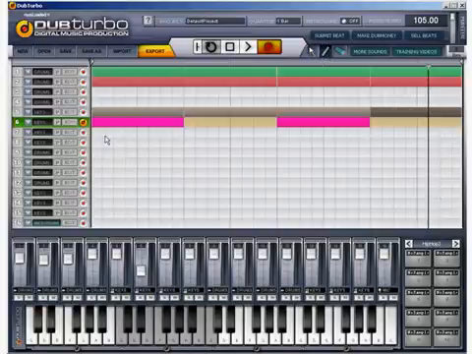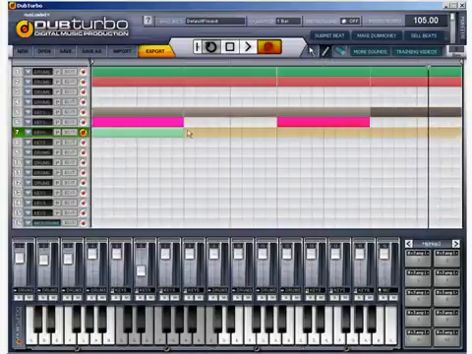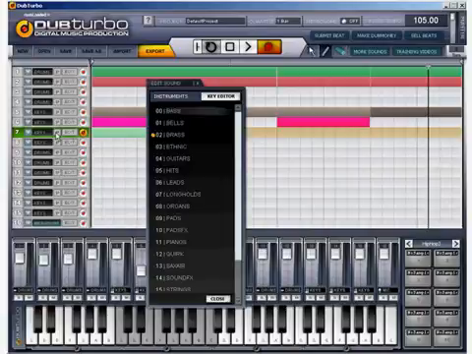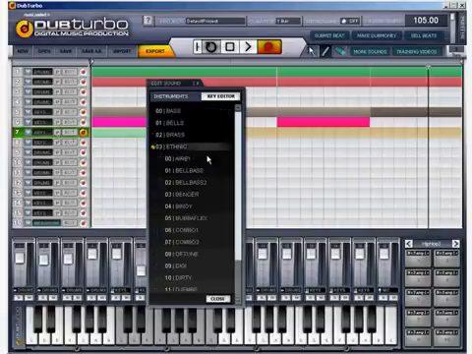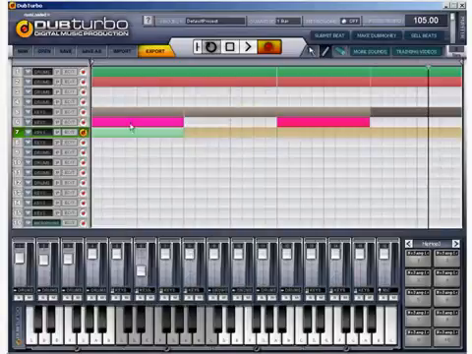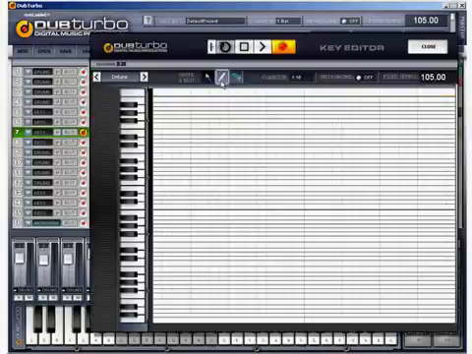Okay, next. Another one. 2 bars, click, hold, and drag. Click on P, click on, let's say, ethnic. Let's click on detune. Might sound a bit awkward because it is literally detuned, but why not? We can click on pencil and draw the stuff in too. So we can go